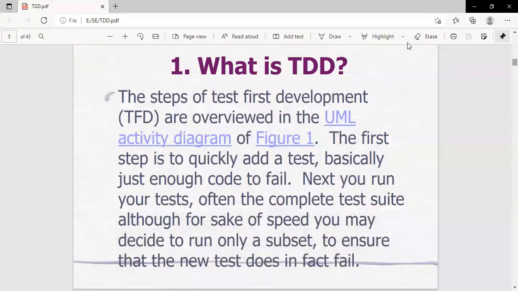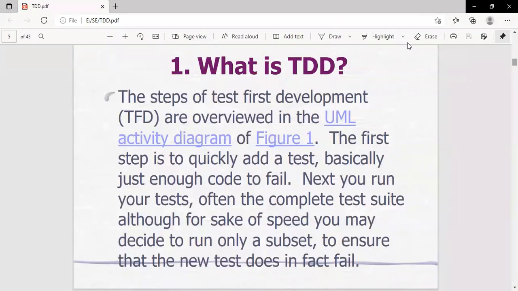Often the complete test is considered that it should not be giving me an absolute result, but ensure that the new test does not fail. That means the failure rate is not to be given for that particular test. So that part is given by test first development. So in test first development, we have to consider what exactly the typical individual mistakes include. So we have to consider forgetting to run the test frequently,